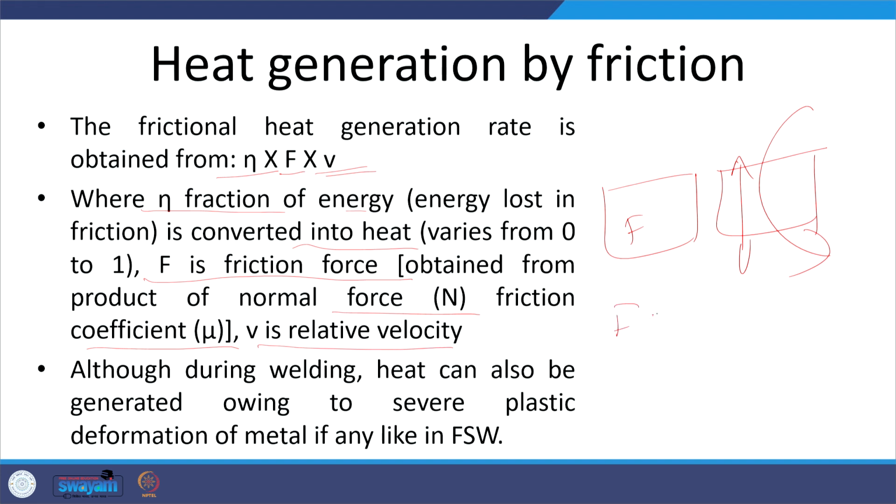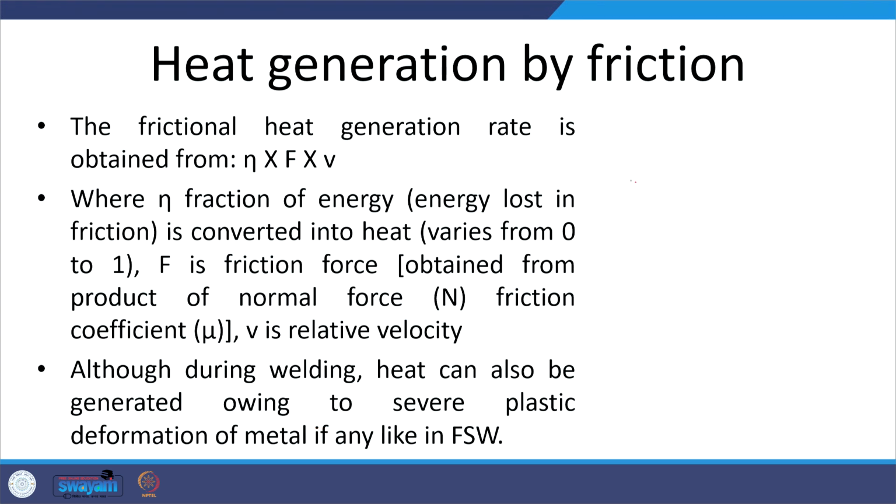So, F is equal to mu N, where N is the normal force being applied. Although, during welding, heat can also be generated by plastic deformation. In friction welding conditions, when two surfaces are rubbing each other under a normal load, either in a linear manner, where one is fixed and the other is moving, or in a rotary motion,